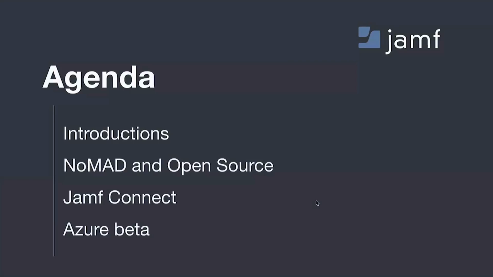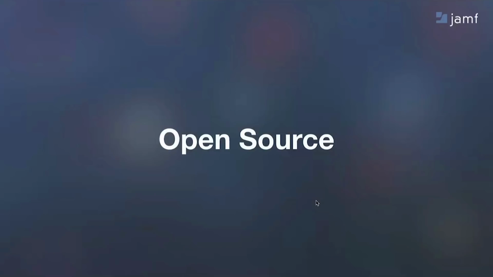We've got a couple of great things today. Real quick, we want to go over Nomad and open source. And then go into Jamf Connect, so you can see some of the features that we have, the products that we're using and things like that. And then finally, if you were watching any of the live feed from the Jamf conference, JNUC, that we just did a few weeks ago, we showed some really cool stuff that we're doing with Azure. And so I want to do a live demo here of some of the Azure beta stuff that we have. So with that as our quick agenda, I'd like to move in to